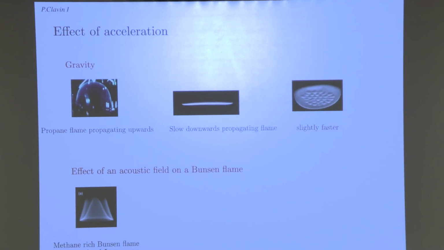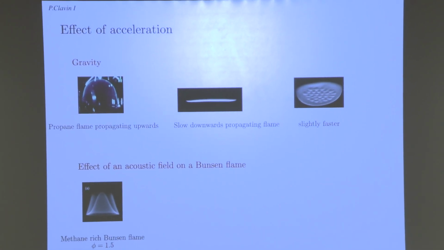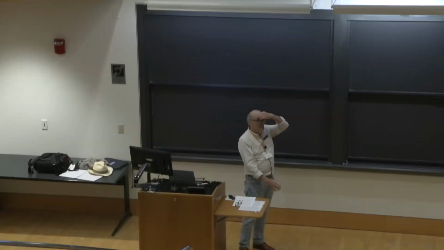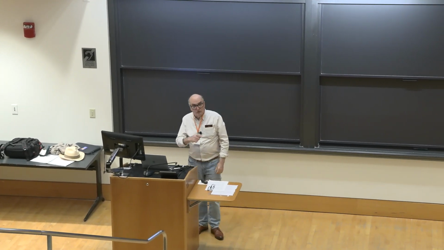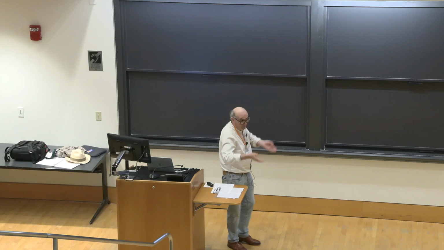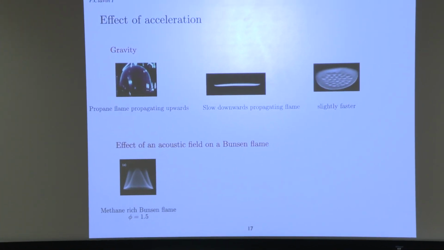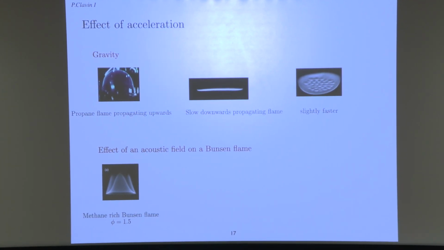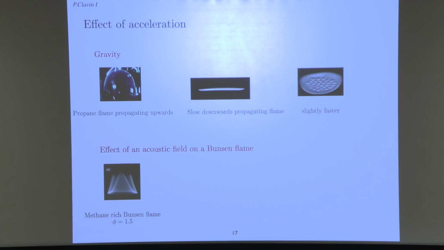Now, another very interesting effect that is not well understood, by the way, is the following. You have a Bunsen burner at the exit of a tube, and it is a rich flame. The cone you see is a premixed flame, and the light you have on the side is a diffusion flame, because you have an excess of hydrocarbon in the burnt gas that is burning with the oxygen of ambient air. So focus your attention on the Bunsen flame, not the premixed flame. Now, you excite the acoustic mode of the tube, and you will see a drastic change